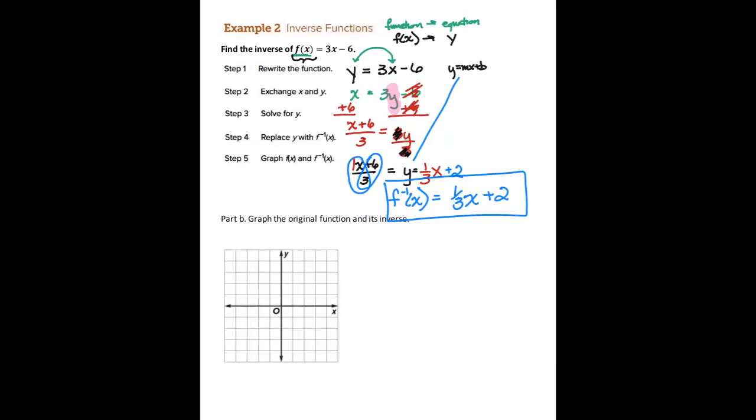So for this particular problem then, it's now asking you to graph the original function and its inverse. Well, this is the inverse, the one that we just found. Okay? The original function is f of x is equal to 3x minus 6. Now, it's been a while since we've done y equals mx plus b. So the b that they're talking about is the y-intercept, and that for the original function is -6,